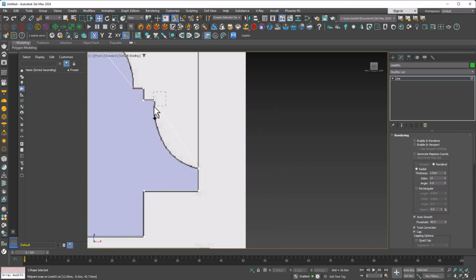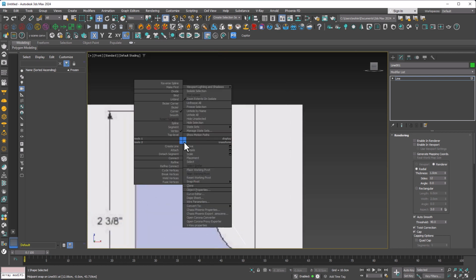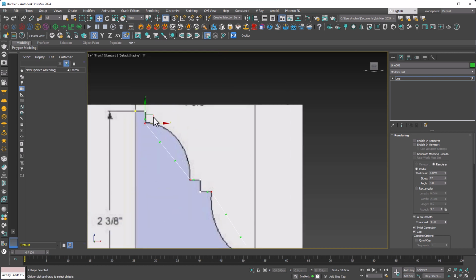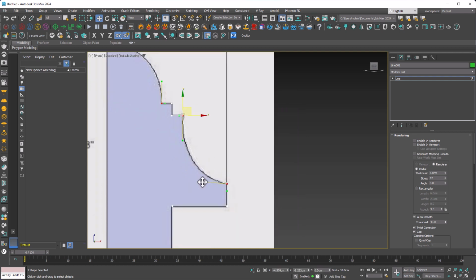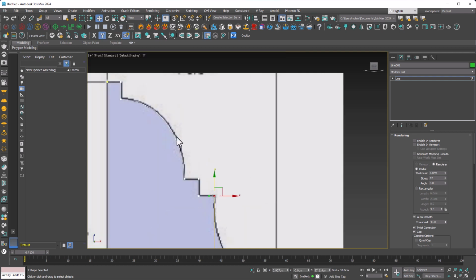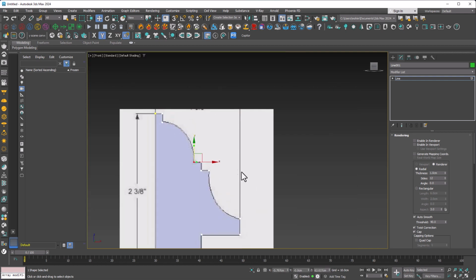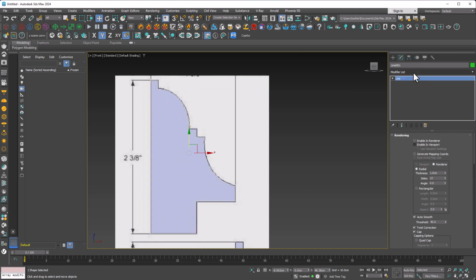and I right click and Bezier Corner. Now I select XY axis and I start to move these handles, just like what you're seeing. Perfect. Now I can give it an extrude